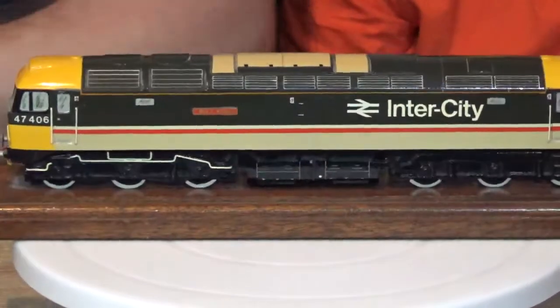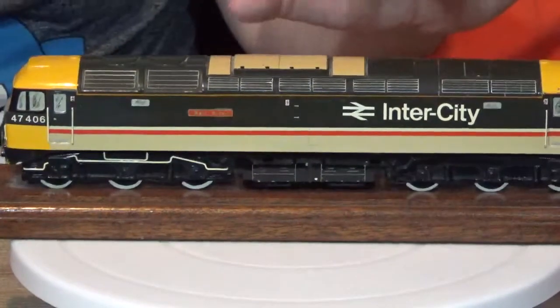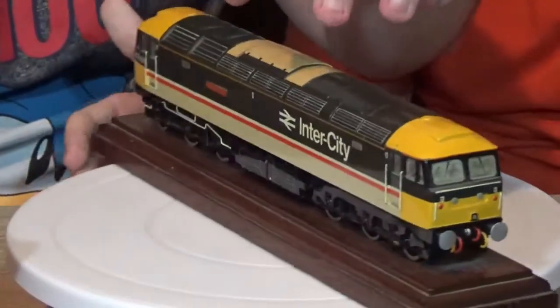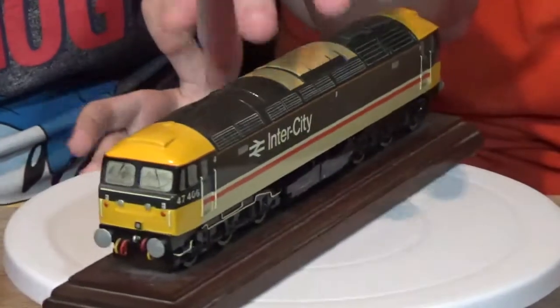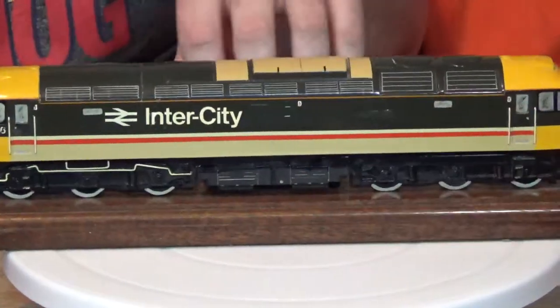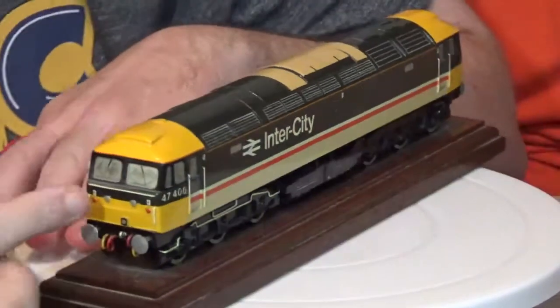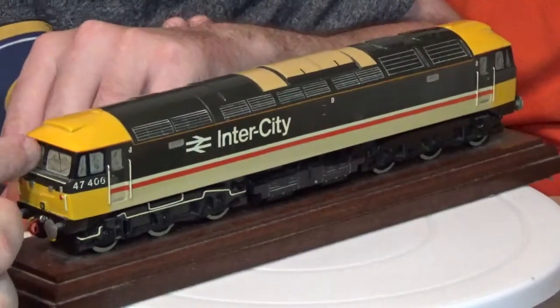So, what you've got is it's made out of resin. You can hear the squeaky brakes. It's made out of resin, and there's a bit of metal inside there as well. But the details they put in, like on the windows, you can see...